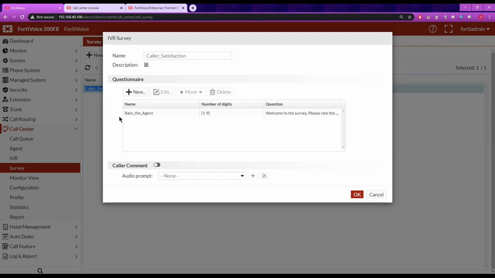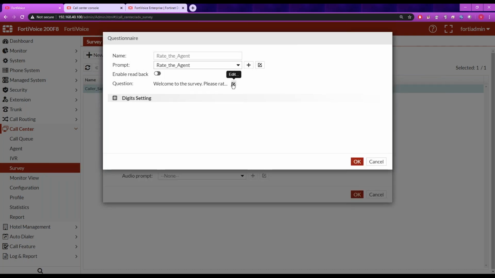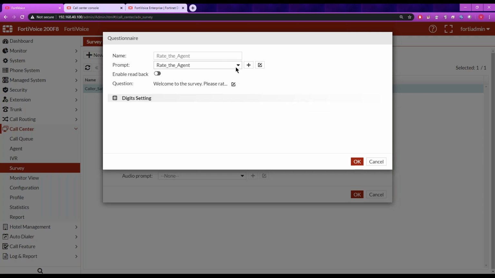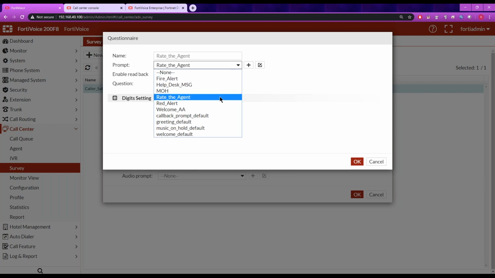You have in this case here, a questionnaire has been created to rate the agent. So we could see the question that's been entered in. Welcome to the survey. Please rate the agent from 0 to 9. 0 reflects a poor performance, where 9 reflects an excellent performance. So this is just a description of what's been actually recorded in that audio file that's already